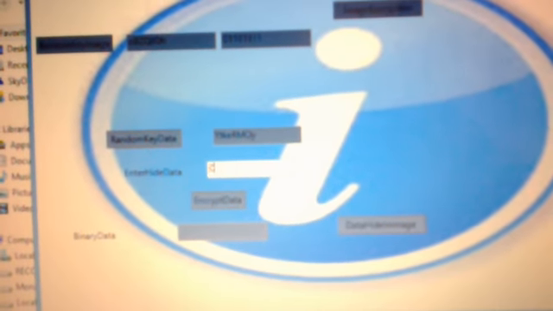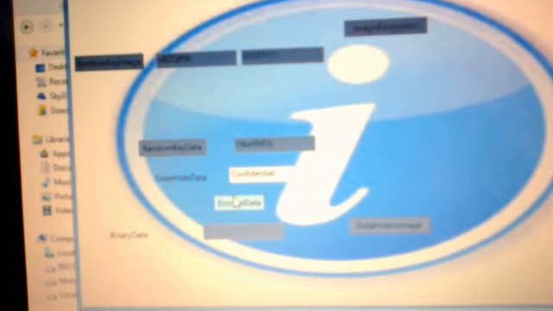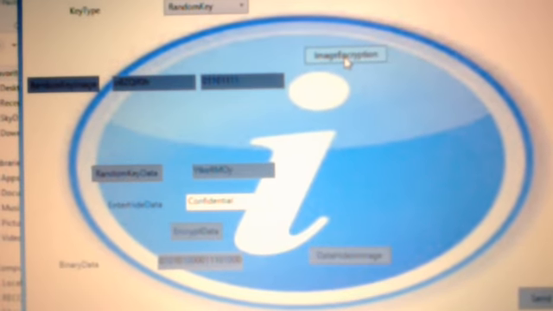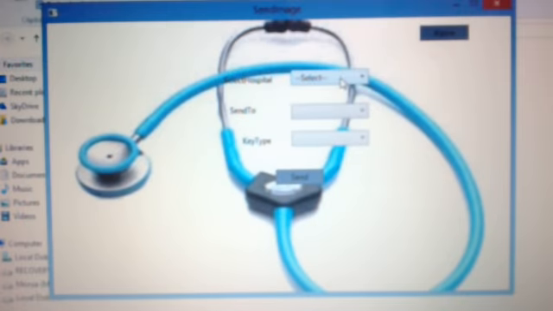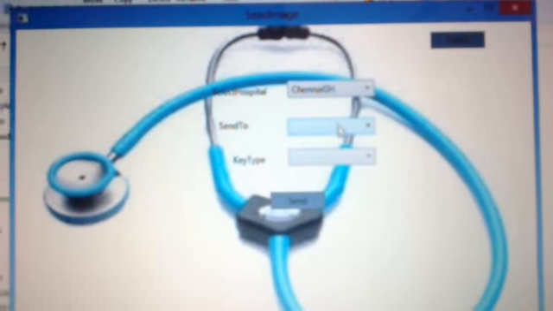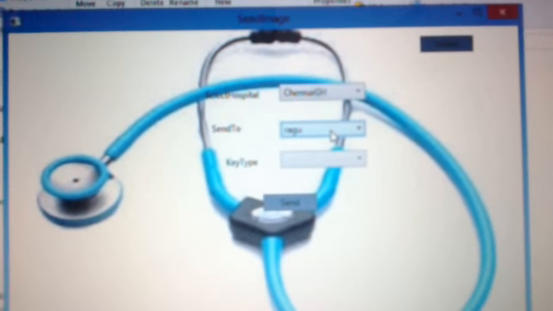First we have to type the data that we want to send. Confidential data is typed here. The data is converted to ciphertext, and then the image is encrypted here, and then in the encrypted image the data is hidden. This can be sent to the receiver who has this image.